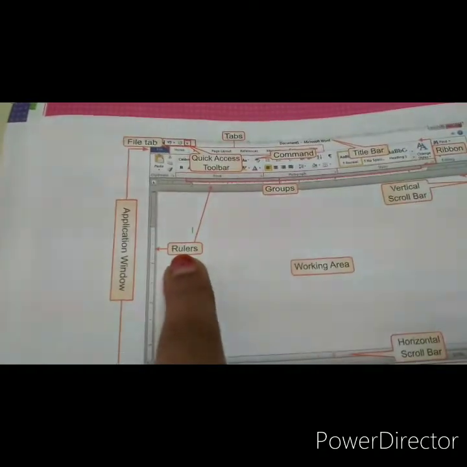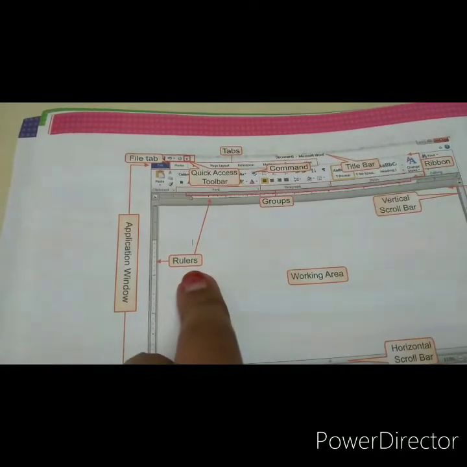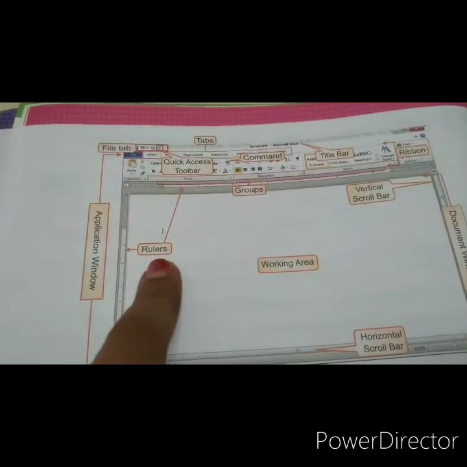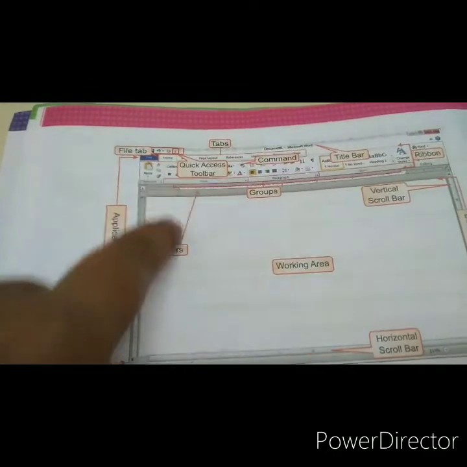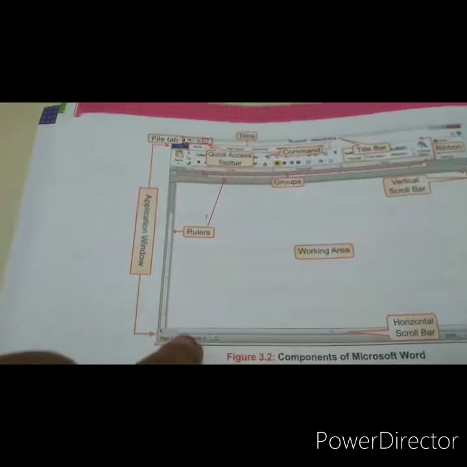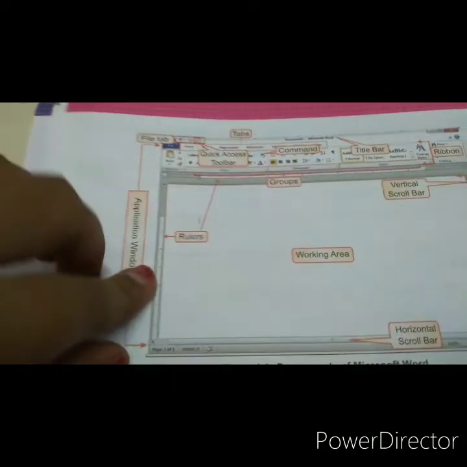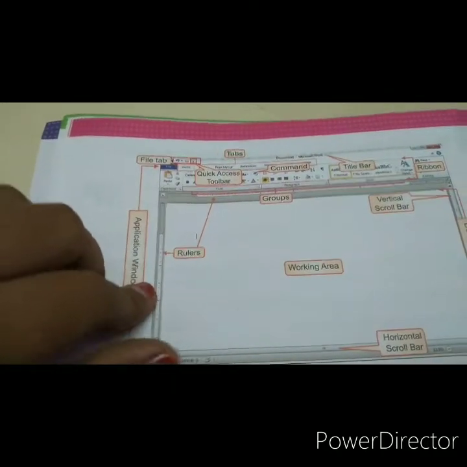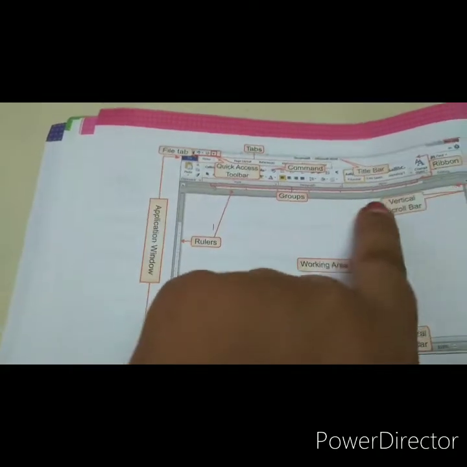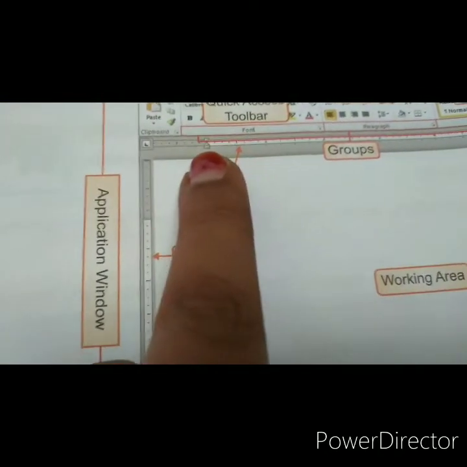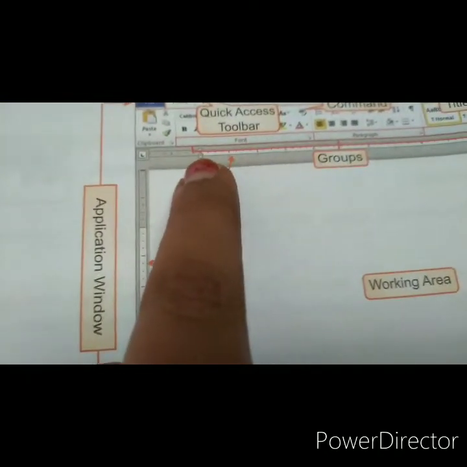Next comes the rulers. Here are two types of rulers, vertical ruler and horizontal ruler. The vertical ruler measures the height of the page. Here the height of this page is measured by this vertical ruler, and this horizontal ruler will measure the width of the page. Here we can also change the margin by using this ruler.